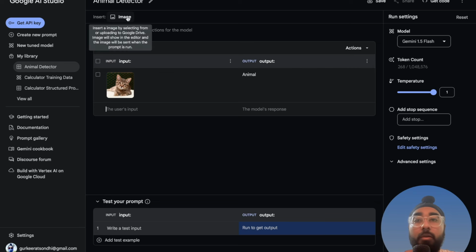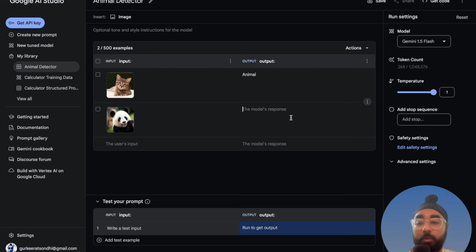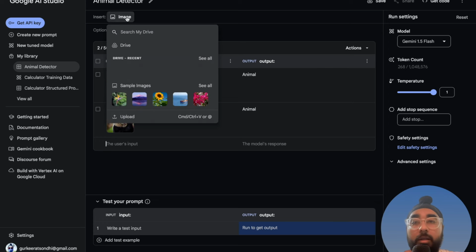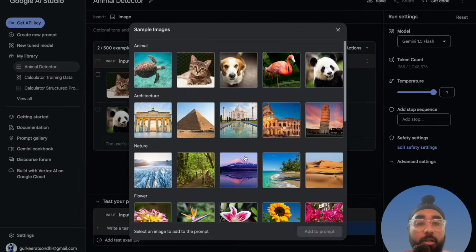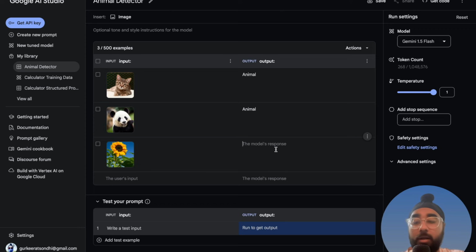Now let's go ahead and use another image. I'll use the image of this panda. I'll give it as animal, right? And I'll insert one more image and intentionally this time I'll give the picture of a sunflower and I'll give the output as not an animal,